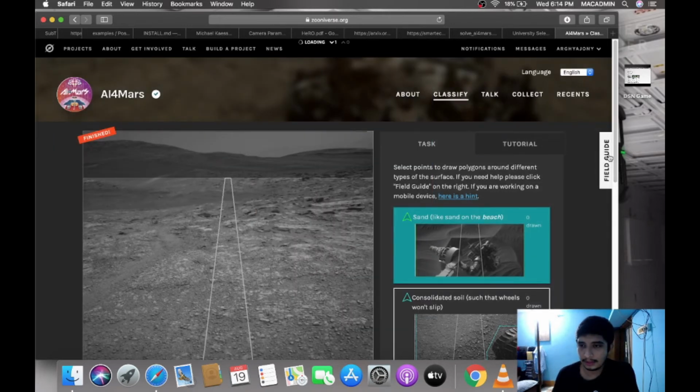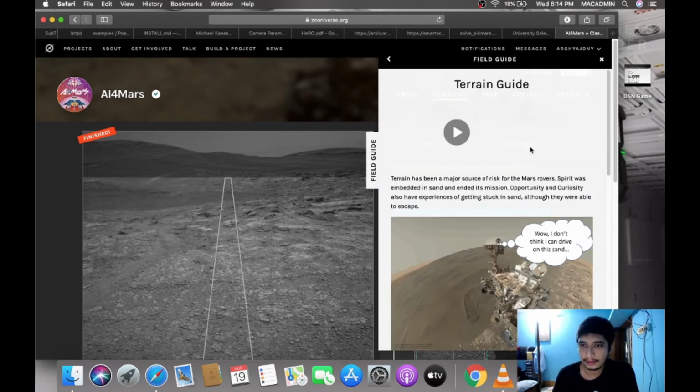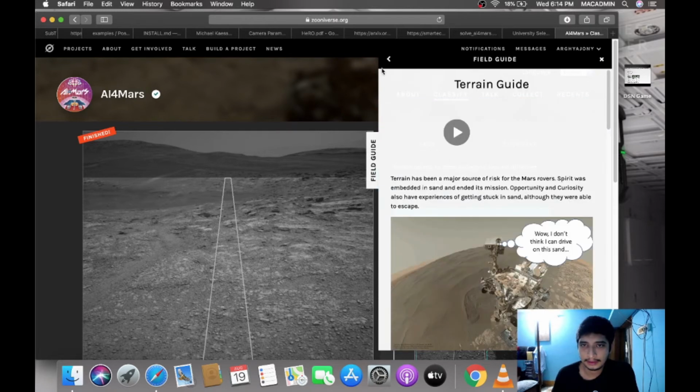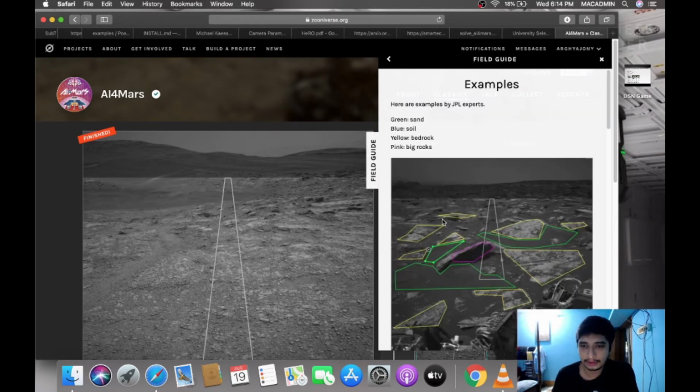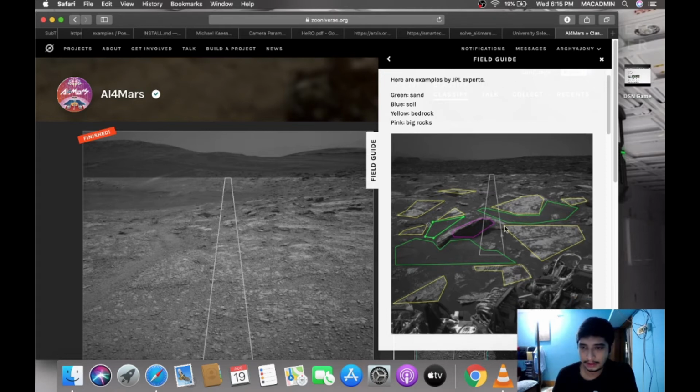So here is also a field guide, there's a terrain guide, Martian terrain 101, a leveling guide. Then you can actually see them like this. So we'll get some insights about how to actually level them, right? Polygonal type of structure. This looks like yellow is bedrock. Then there's pink. Pink is big rock, this one, and blue is soil,